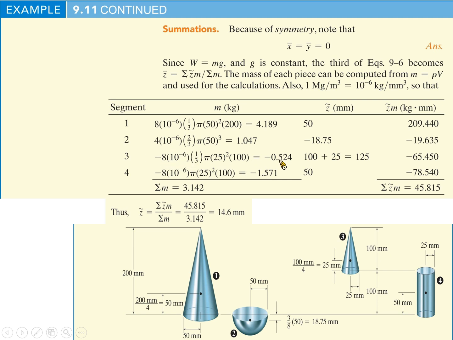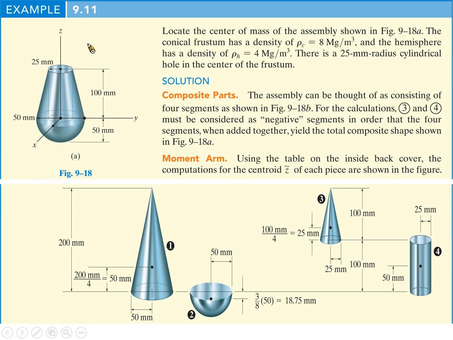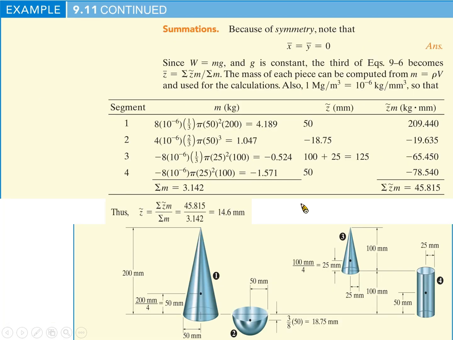But for this mass, we have to subtract because originally we don't have this small cone here. So we have to subtract this segment. And then the level arm is 100. 100 is this plus 25. Okay, so it becomes a negative